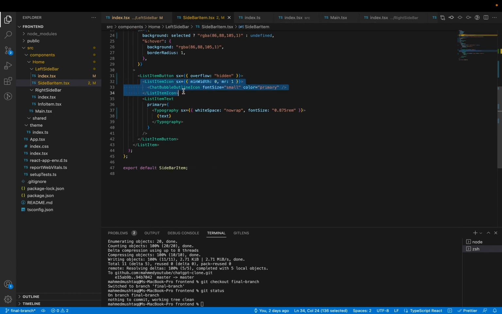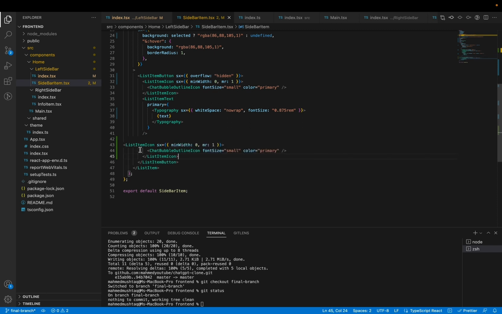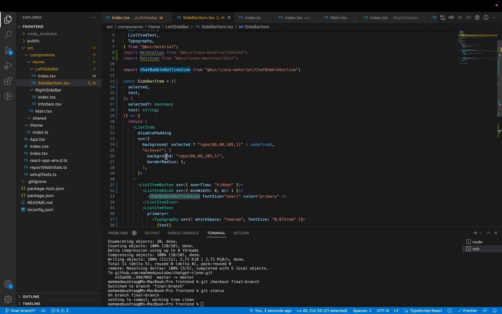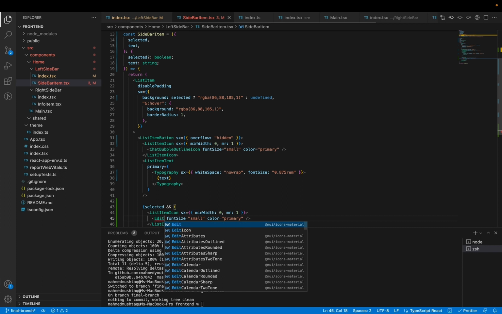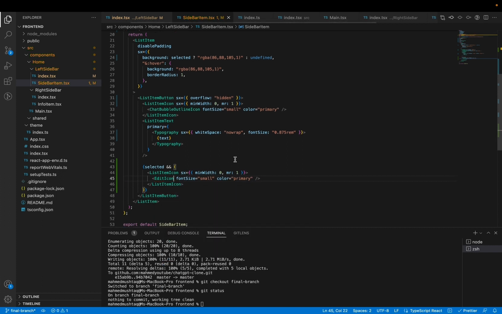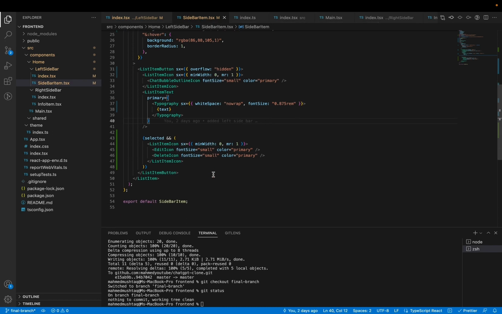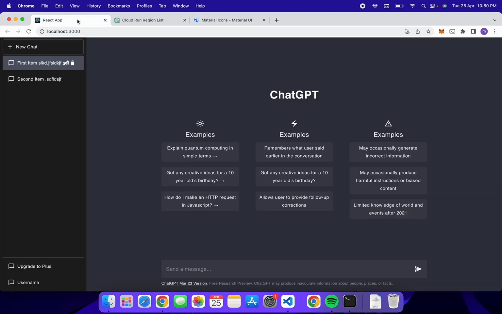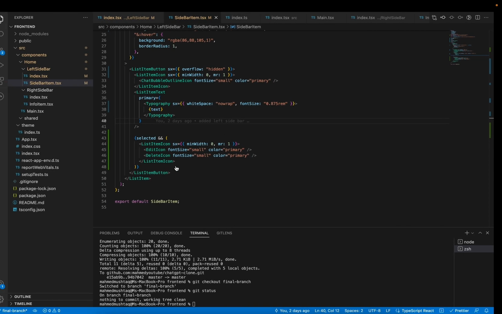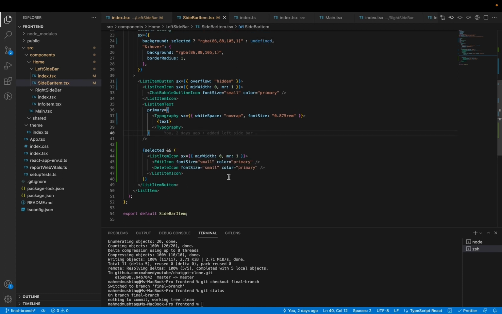Now copy this component, paste it here, and select it, and then replace it with edit icon, copy it, delete icon. You can see, and after it,